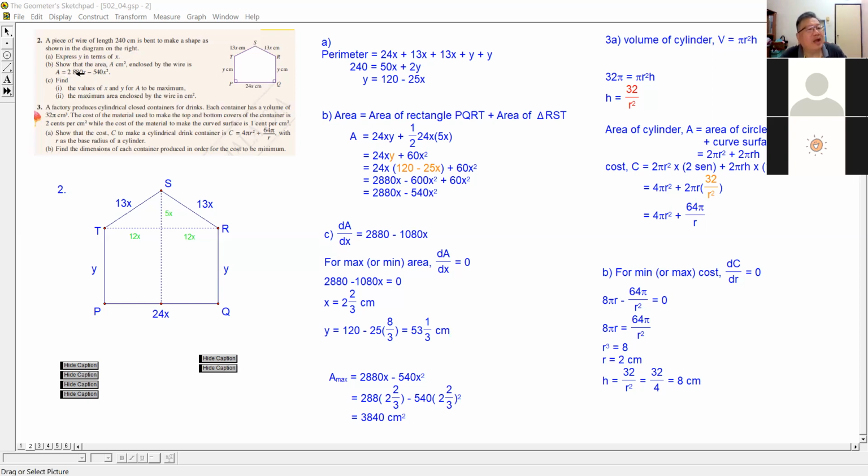A equals 2880x minus 540x squared. If you don't know how to prove this formula, never mind. You just assume this formula. You just differentiate with respect to x, put equal to 0, find out the x, substitute back and find the A. You still get half the marks. Pass already. If you have no choice, you still do this question. If you have a choice, and you know all the others, only this one you don't know, then don't do it. But if you don't know how to do any of them,